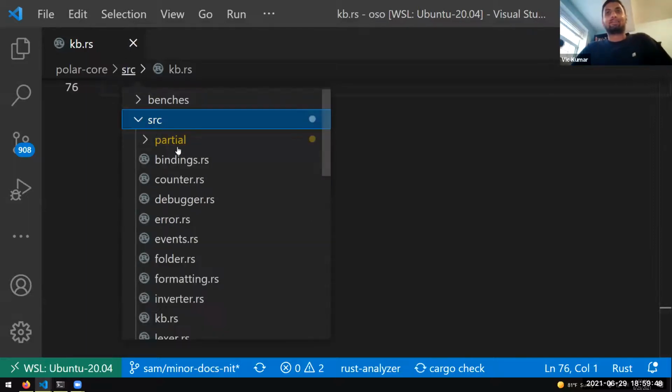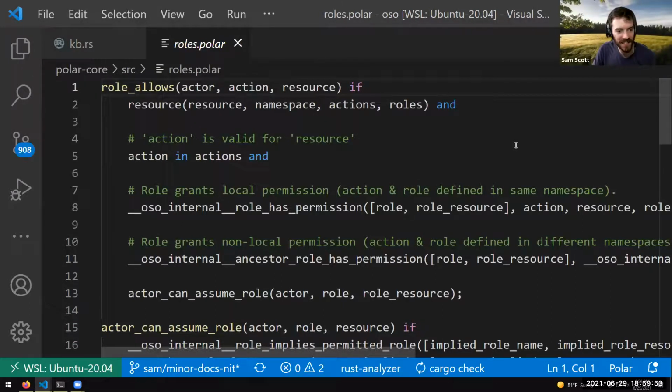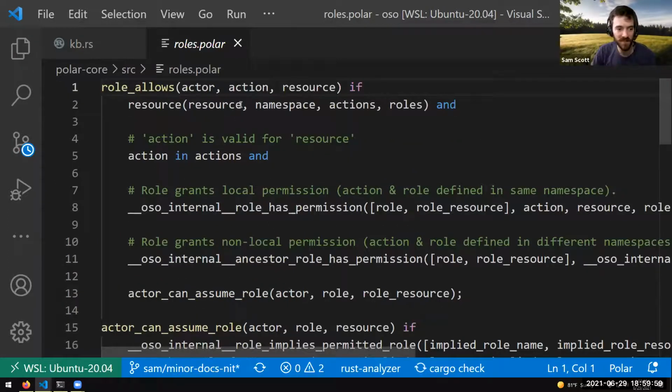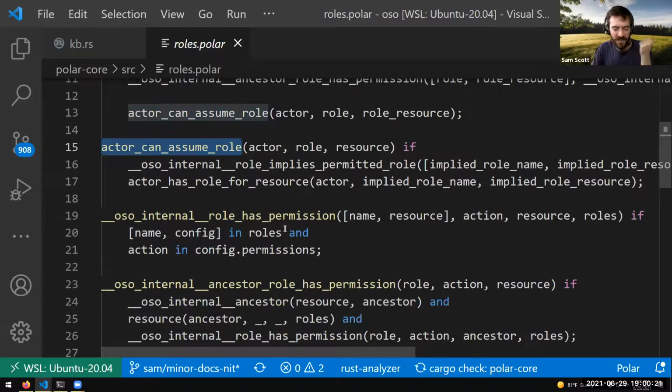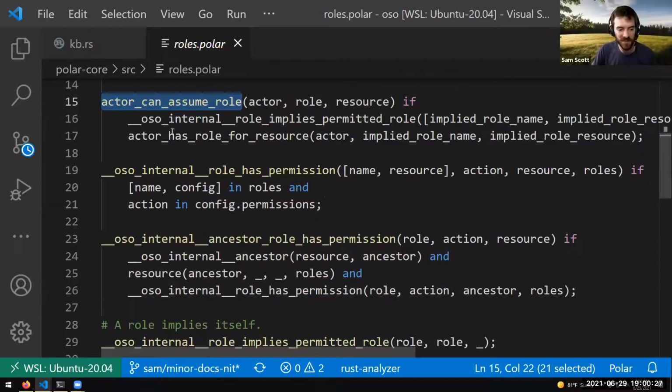Let's see if I can find the built-in roles.polar. Here we go. So here is the internal code for our role implementation, breaking down the logic into all these different pieces. First, find if a role is defined. Next, some internal checks: check that the role has a particular permission, check that the user doesn't have a role up the hierarchy that has some permission, and check the user can actually have that role. We've broken these pieces up, and then each of these can be branching. So you can have a role if you have the role directly, if you have the role by implication, and so on. All this branching logic gets flattened into these pretty concise policies.